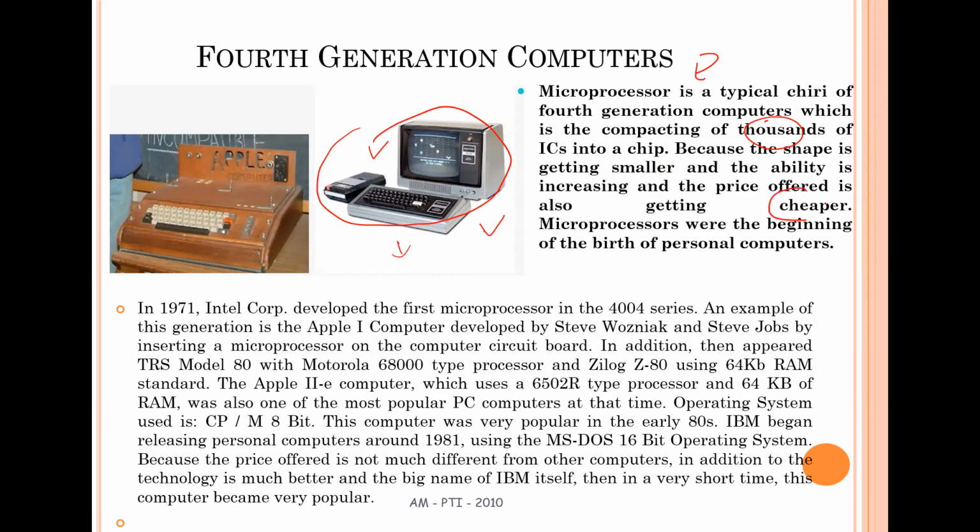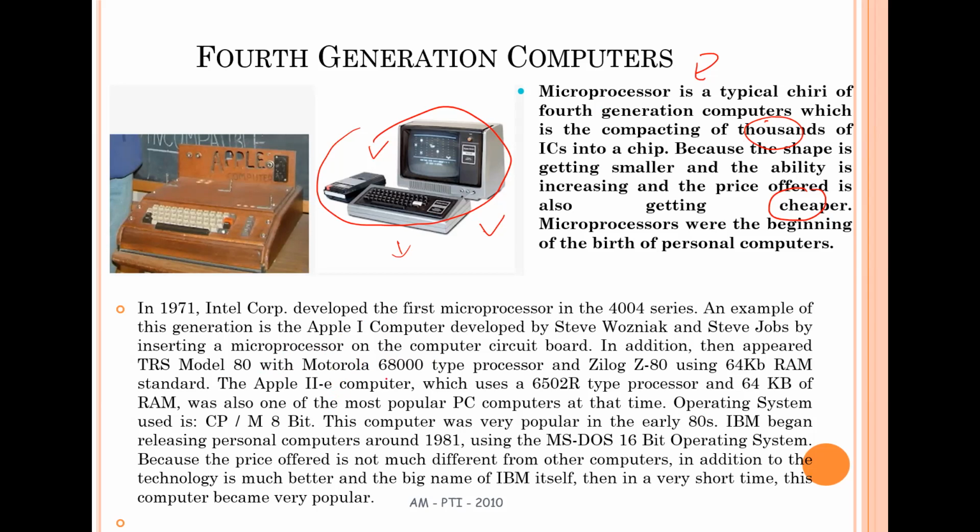It's also getting cheaper because probably the elements are not as complex as the previous series. Okay, here when we talk about the series, there are models that represent the fourth generation computer.